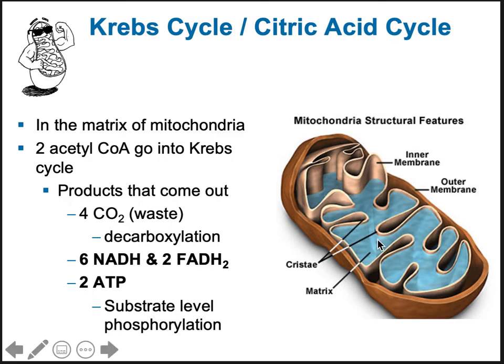So the inner membrane, right? So mitochondria has 2 membranes. The outer membrane, which is shown here in darker brown, and the inner membrane, which is shown in like a tan or a beige color. And you notice that the inner membrane is folded. It's folded a bunch. Those folds are called cristae when you're talking about plural. And if you're talking about one individual fold, it's called a crista. And it's